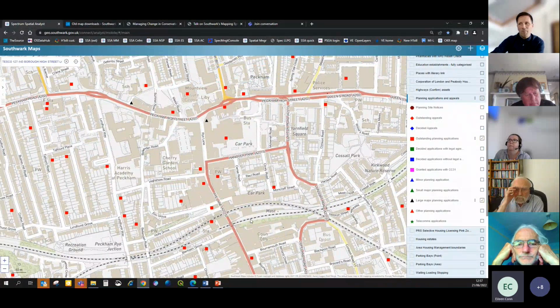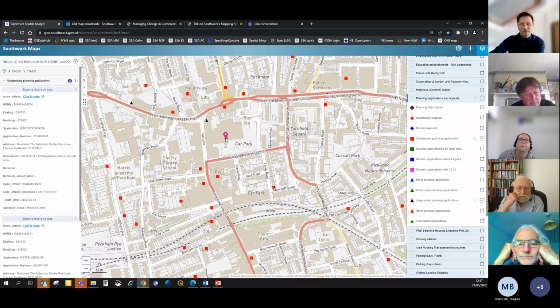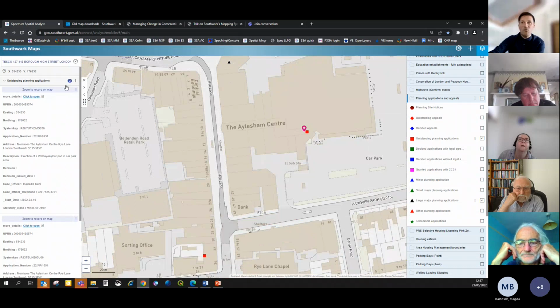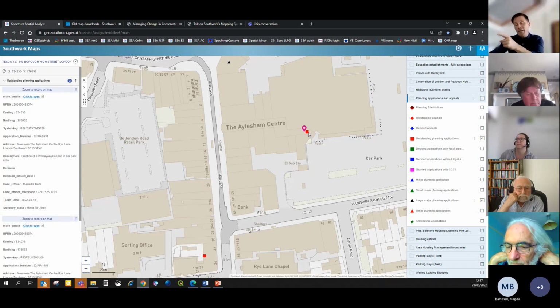Those red squares are all planning applications, aren't they? Well, these are the outstanding planning applications. Yes, absolutely. And will you hover over them so they can see? So a single click is tell me about that feature. And you can see here where I've clicked at this location, there happens to be 2. You see a little number here in the left column, outstanding planning applications 2. So there are actually 2 planning applications located